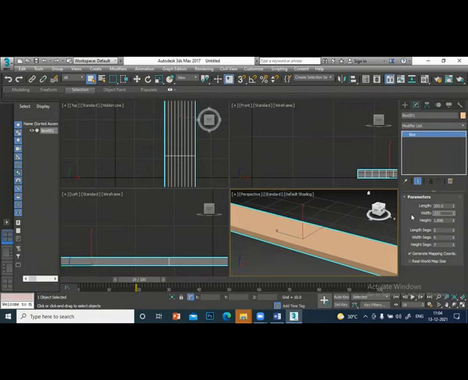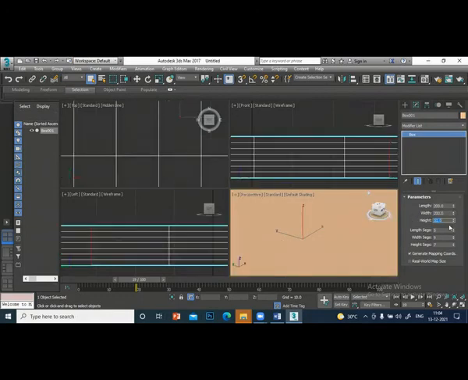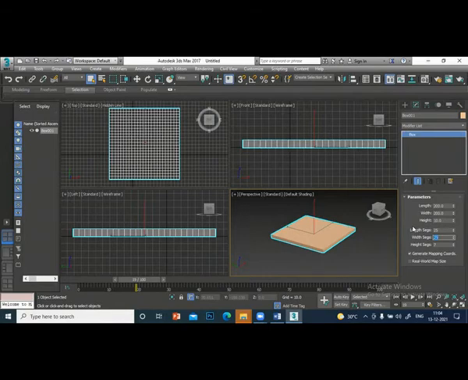I can press tab to come to the next, height 10. I created a box. I want to change the segments to 25, X segment, that means length segment, width segment 25. Height segment I don't want to change.